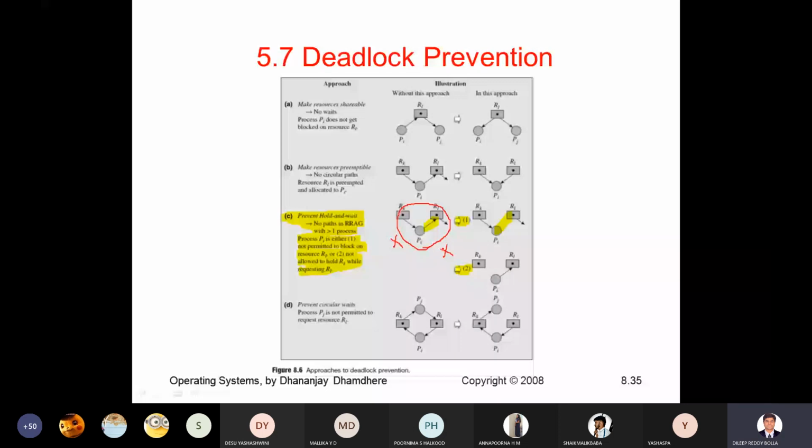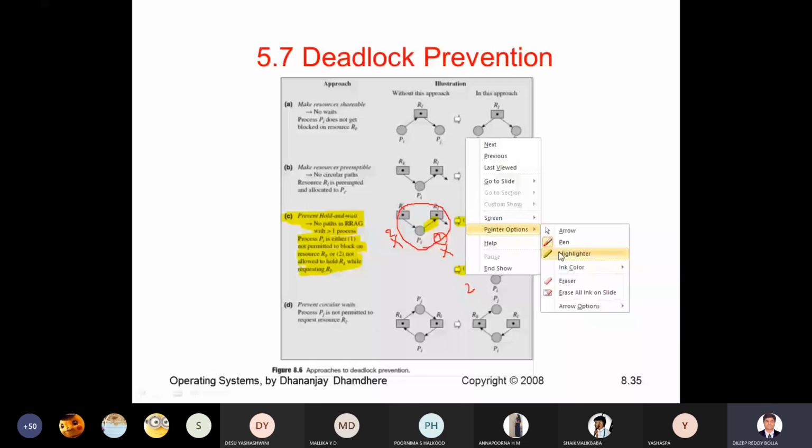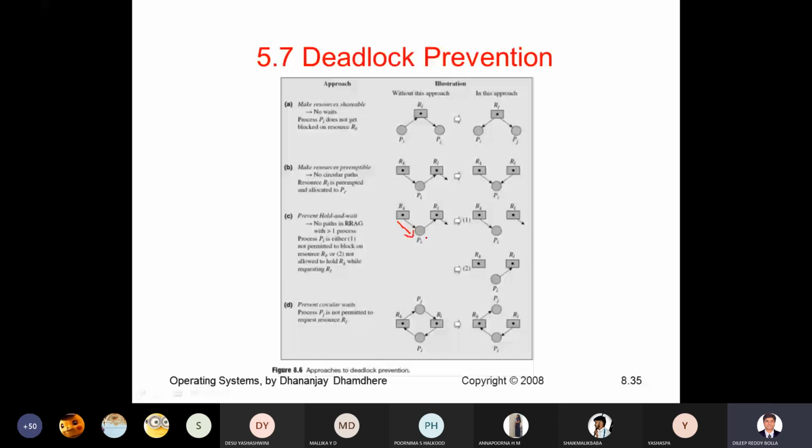So which means we are doing one by one. We are not doing it simultaneously. Whereas if you do this one simultaneously and quickly, it may form a chain loop or a circular loop. So in this process, we can do any of them. Either you eliminate this one first, or you eliminate this one second. Any one of the options. You take this option or you choose this option.